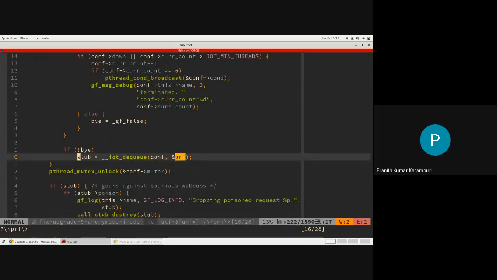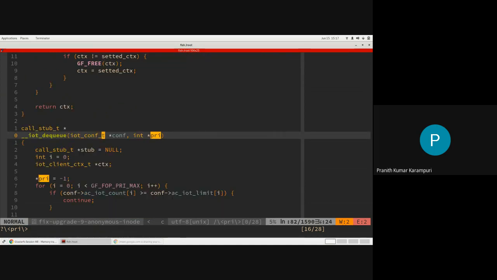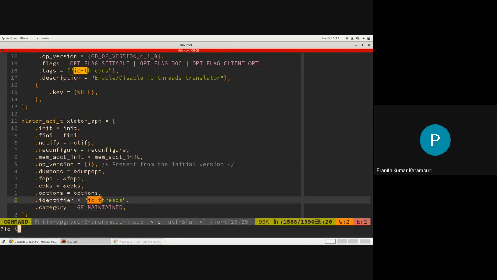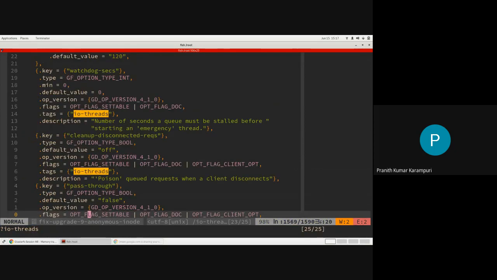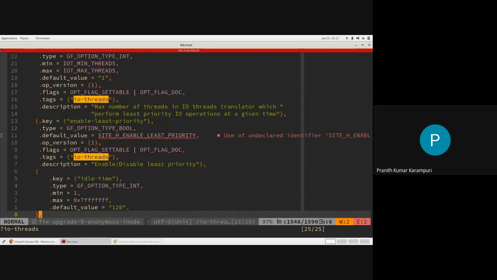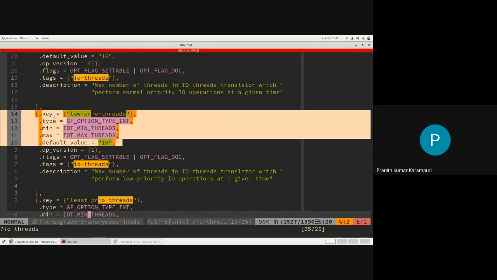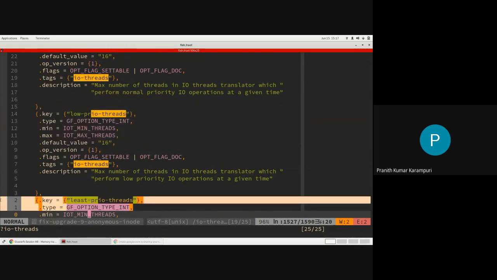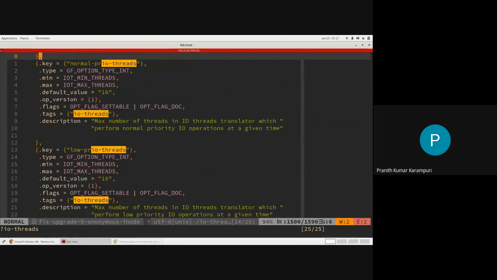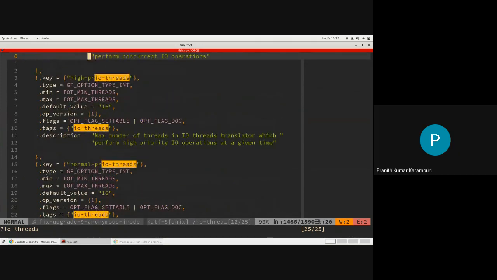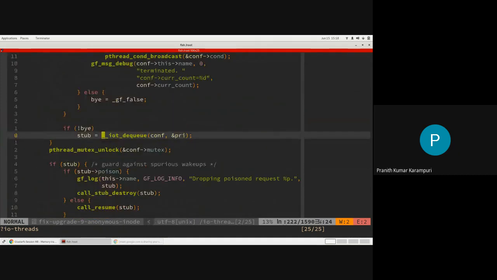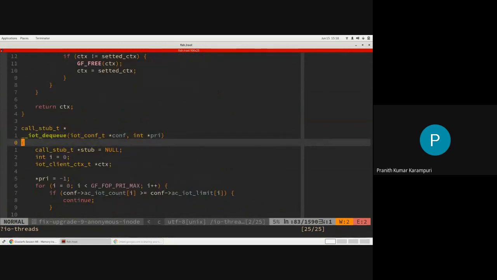Okay, no, sorry, I got confused, but it's correct only. So basically in IO threads, you can launch threads per priority. You can say this number of threads for low priority, this number of threads for least priority, like that we can configure it. I thought the thread itself will have that information, but no, I was mistaken.